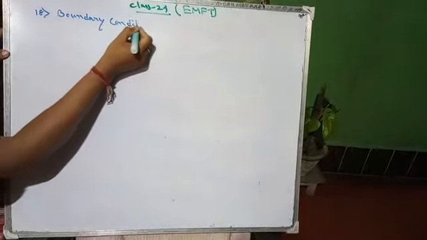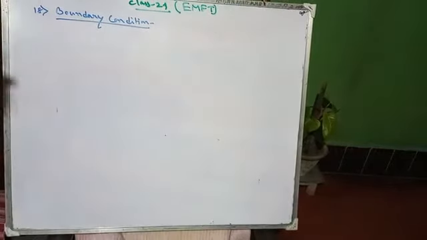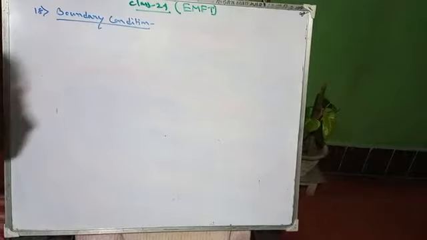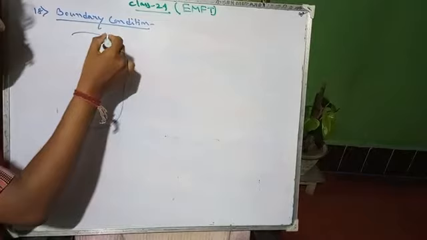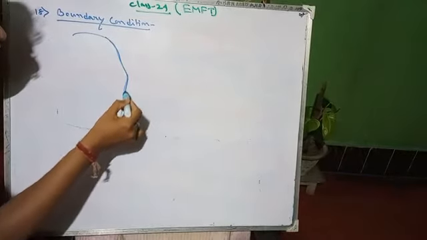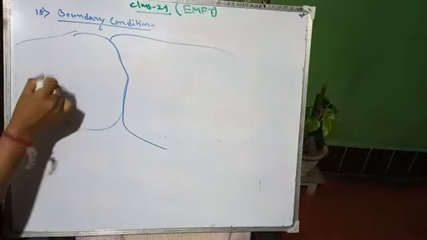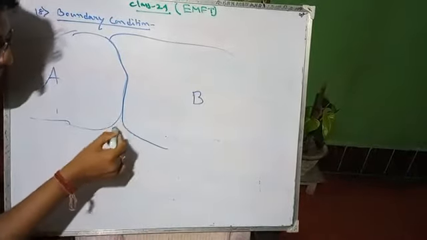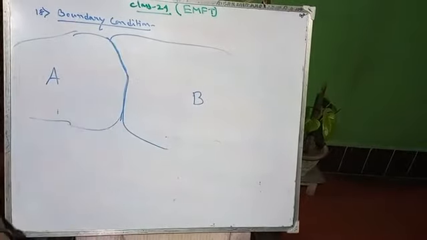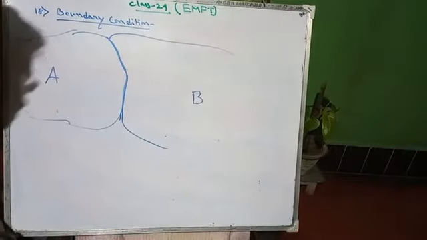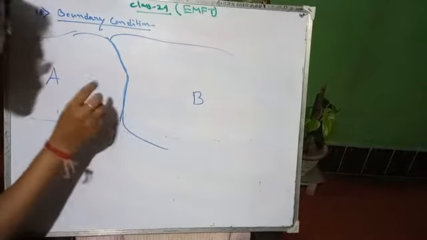Boundary condition. So first you have to know what a boundary is. Boundary means, suppose we assume two systems, first system over here and second system just adjacent to the first one. Suppose it has two systems, system A and system B. This is called the boundary. So boundary is nothing but a space or a line or a volume also. It may be a line, it may be a space or surface, or it may be a volume.